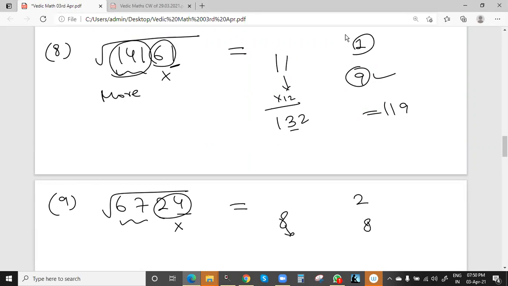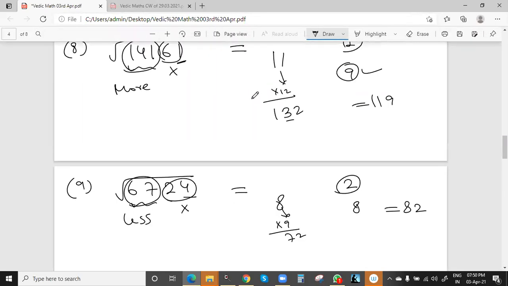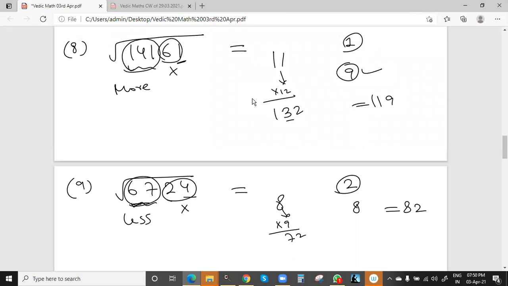Now we multiply the higher side with 9 to check, 72. So this is less, no? 67 is less, so we'll take 82. Got it? Always we have to check this one, 67. This square root value is the remaining value of this number 6724. Less, we will write 70 is less than 72. We'll take the lesser value, that is 2. Options are there, 2 and 8. We'll take 2.